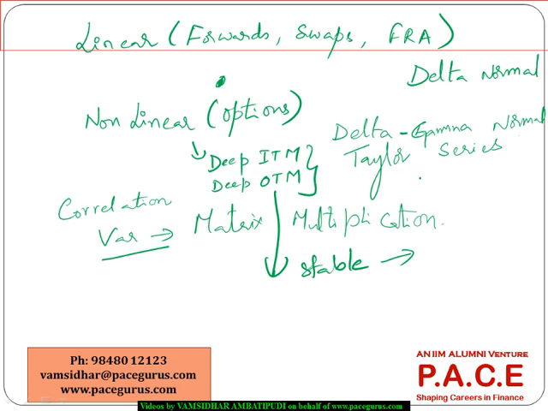So forwards, swaps and futures can be mapped using the linear mechanism, but for options the delta mechanism cannot provide accurate VAR measures,